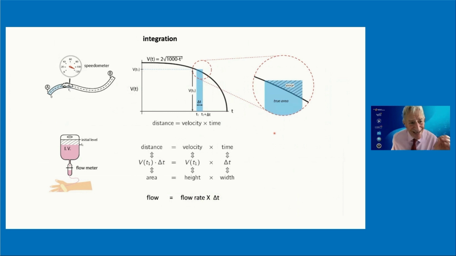We also teach the concept of integration. If you have the velocity of a car, then one of these rectangles is the amount of distance equals velocity times time that the car traverses in a short delta t. And what you need to do to get the total distance is add up the little rectangles.